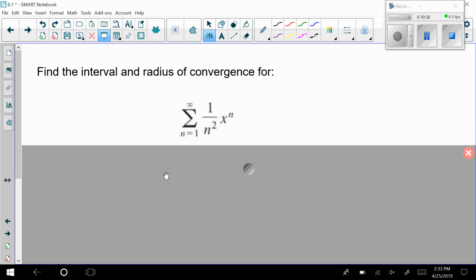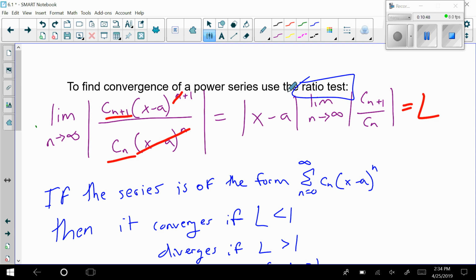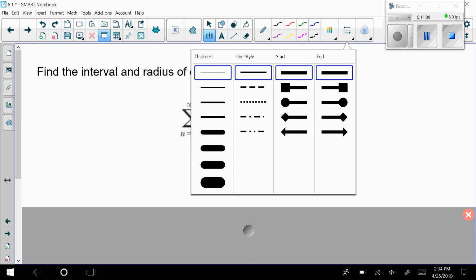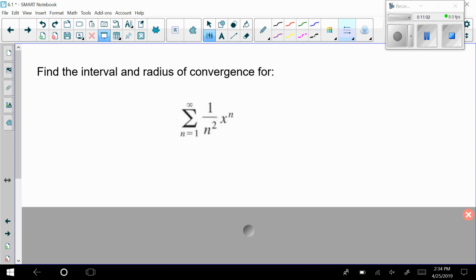Now we have an example where it says find the interval and radius of convergence for this power series. So now would be a great time to pause the video and make sure you get it written down. Okay, now that you've had enough time to write this down, I'll remind you that we're going to be using the ratio test to perform this. Thinking about how to do this, if I remember the ratio test, it shouldn't be too bad. The first thing I need to do is plug in the n plus 1,